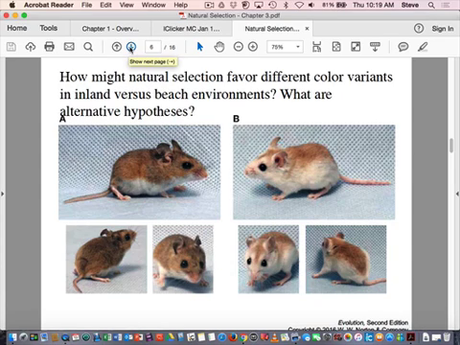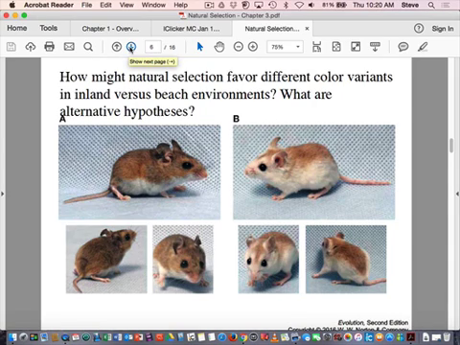So it turns out, the simple observation is some of these populations are found in beach environments, sand dunes, beach environments, and the sand dunes associated with them. Some are more inland, often in old fields, sometimes in forested environments and those sorts of things. So the question is, how might natural selection favor different color variants, this sort of melanic and